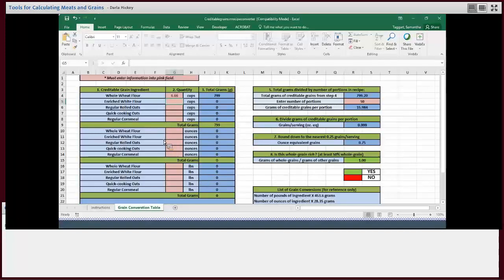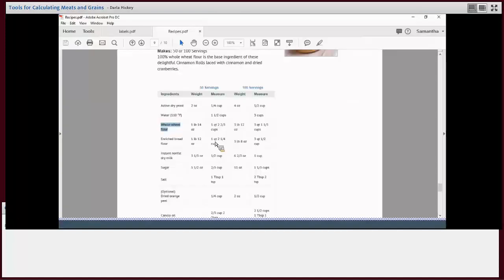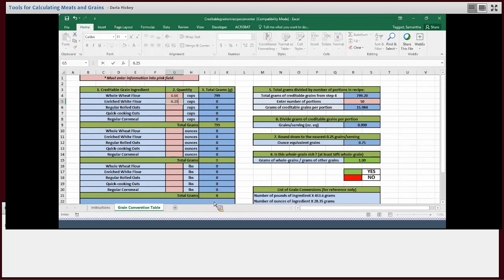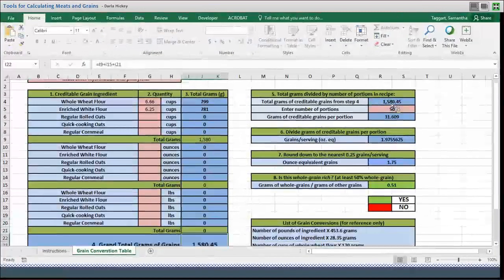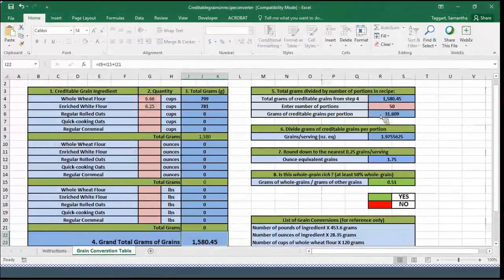And then, just like our last example, we do have enriched flour as well. So we have 1 quart and 2 1/4 cups. So this is going to be 2.25 cups plus 1 quart, which is going to make it 6.25 cups total. Okay, so just like the last example, it's going to tell us our total grams of grain ingredients in our recipe. It's going to divide that number by our number of servings, and then divide that by the creditable grains per portion, and then round that down to the nearest ounce equivalent